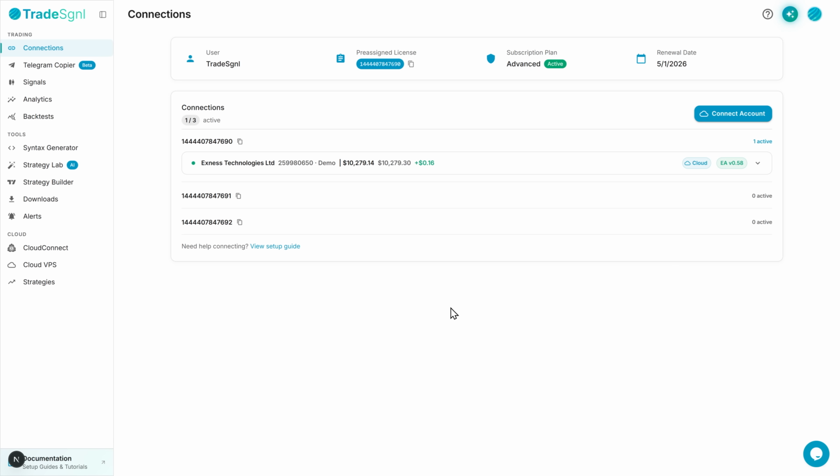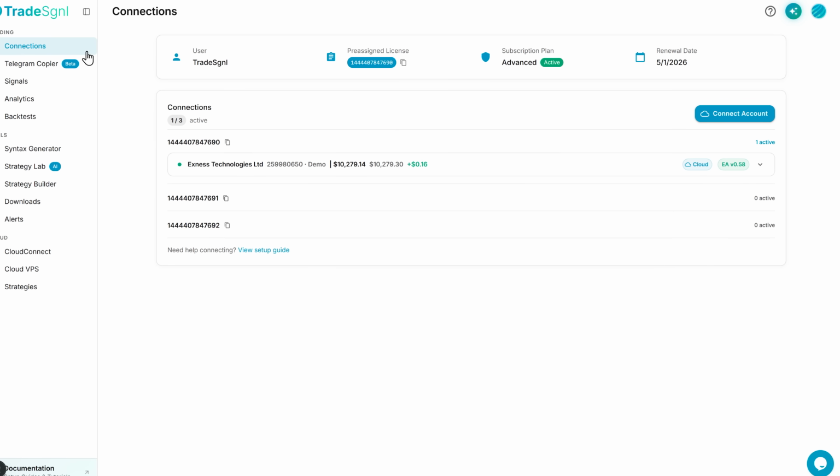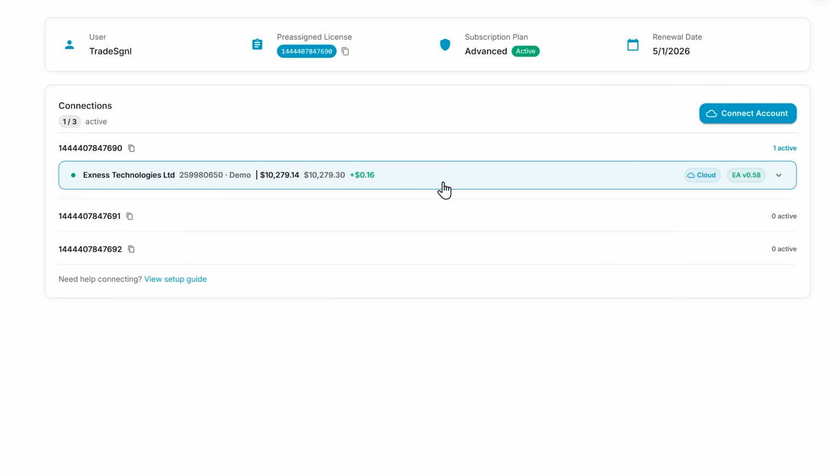This is your connections page, the main page in your portal. Once you connect a broker account through CloudConnect, it shows up right here as a connection card under your license. The cloud chip tells you this connection is running through CloudConnect, meaning it's fully managed in the cloud. Next to it, you'll see the EA version your terminal is running, and TradeSgnl will auto-update that for you as